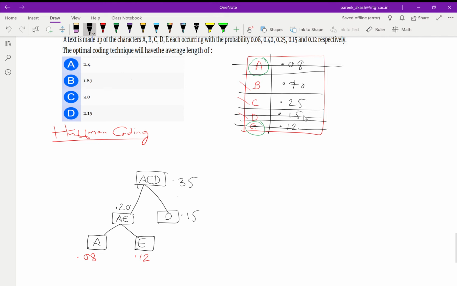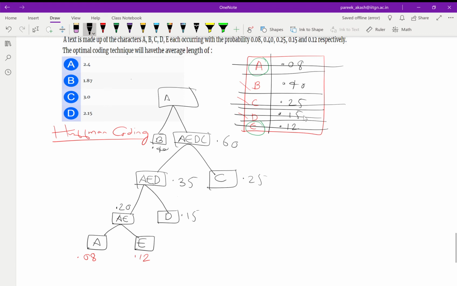We already have 0.35, and we will take C whose probability is 0.25. We get another node, AEDC, whose probability is 0.60. Now the last node: we take B whose probability is 0.40, and we get the final node AEDCB, and the probability is 1.